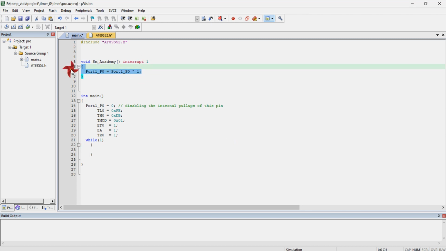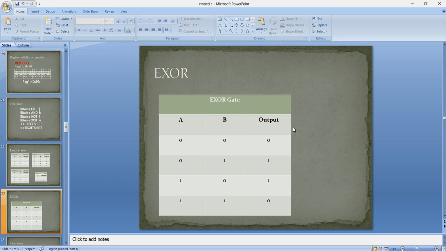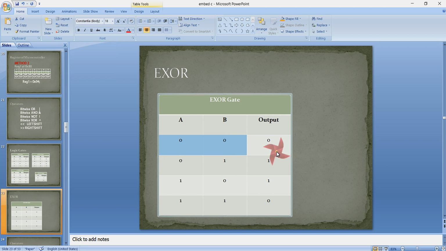For understanding this statement, you just want to remember the XOR gate truth table. Same inputs will give me 0 and different inputs will give me 1 in this XOR gate. You can see 0 0 and 1 1 will fetch me 0 in the output. 0 1 or 1 0 will fetch me 1 in the output.